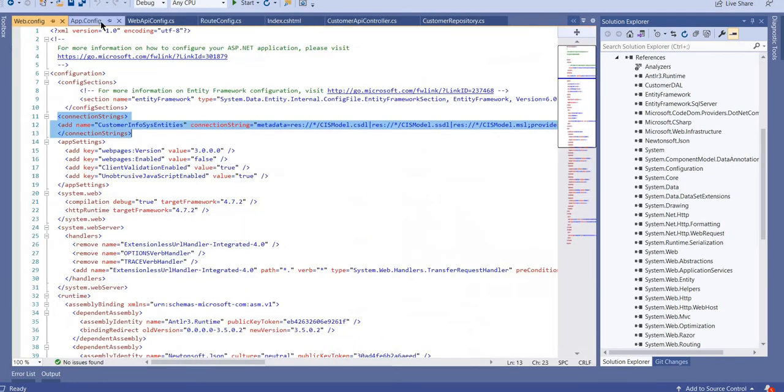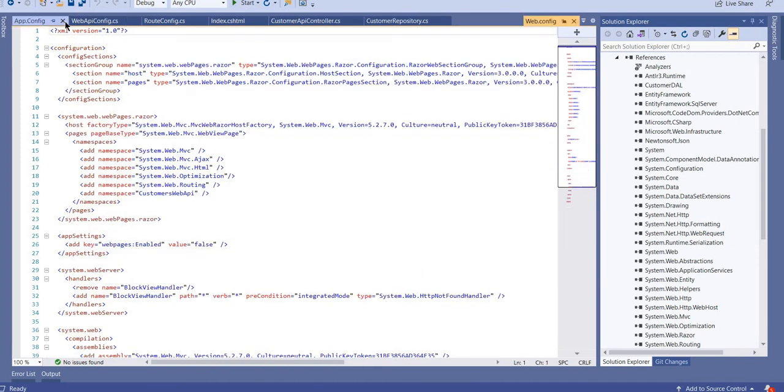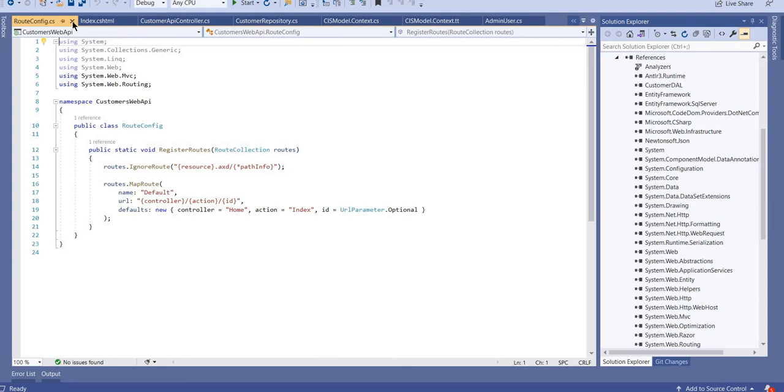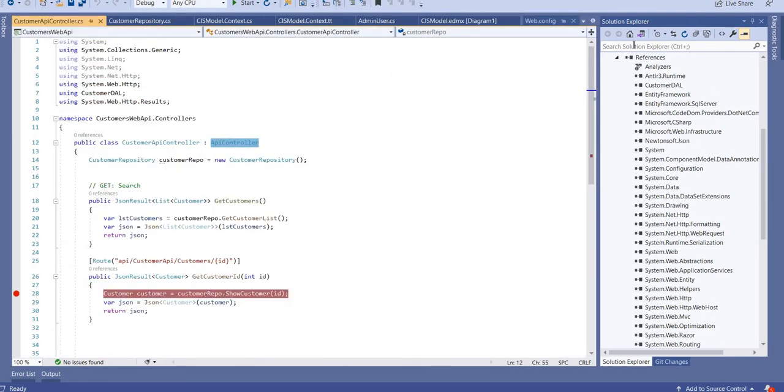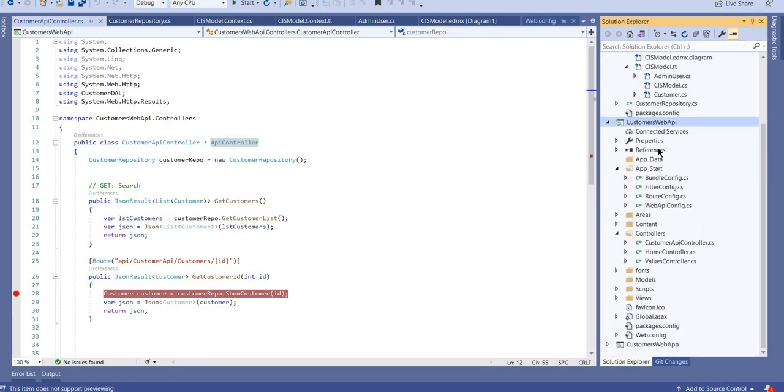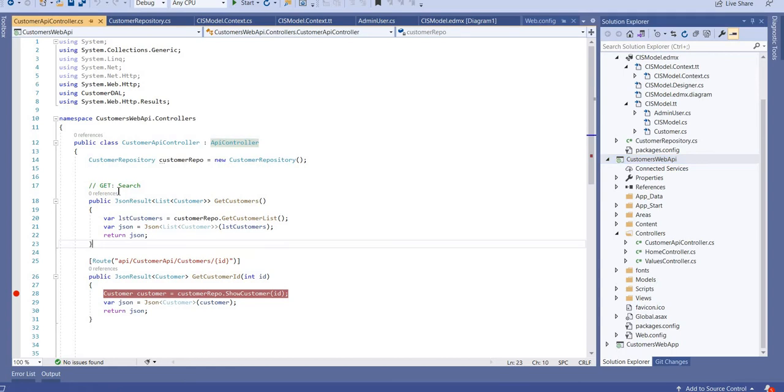Okay, so close this. Okay, this is my API controller. Now here I have written these two methods. Okay, see,